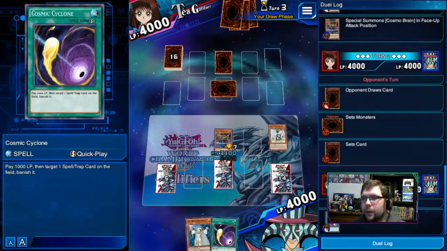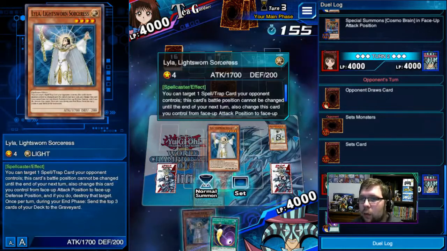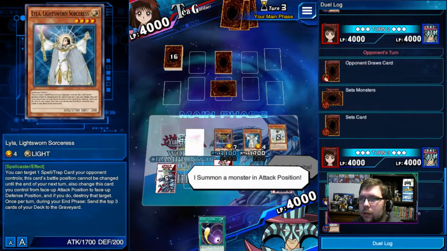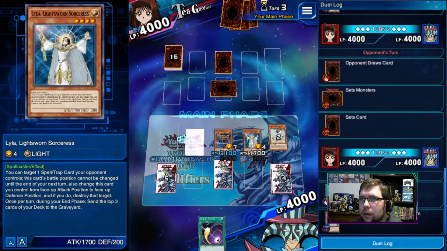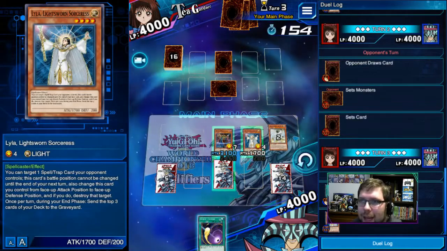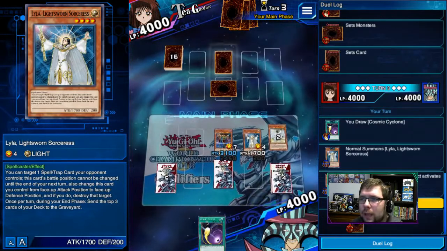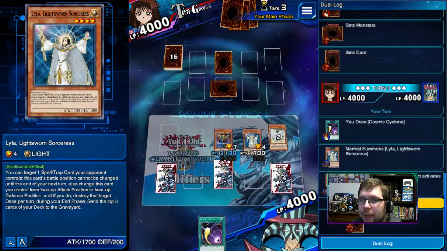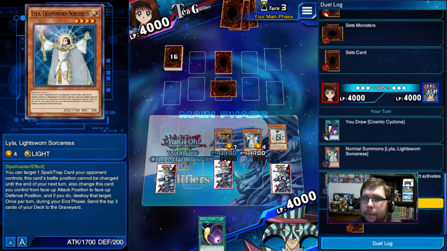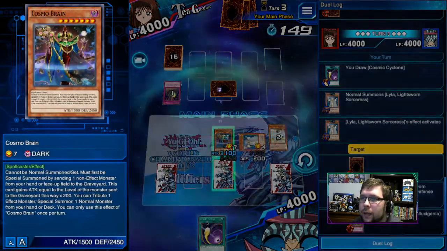Okay, pretty pro there. I have three ways of getting rid of back row right now. We're going to normal summon Lila. This is treacherous, it's kind of butts, but let's blow this up and mill 3. Oh, I don't mill 3 till the end of turn, which is fine. And let's...